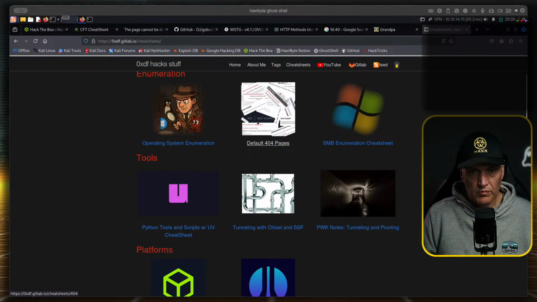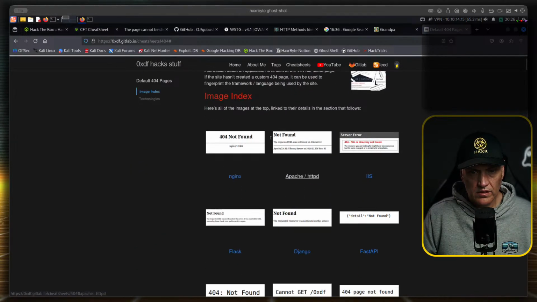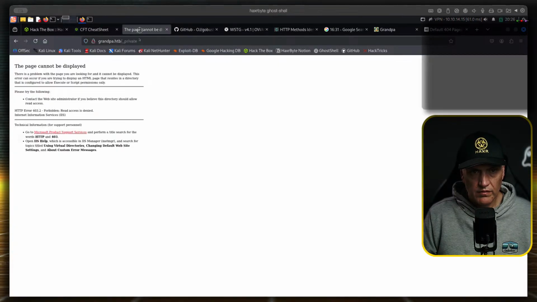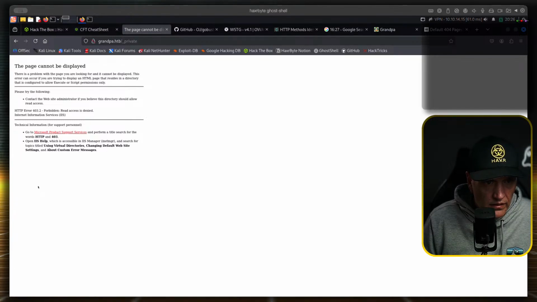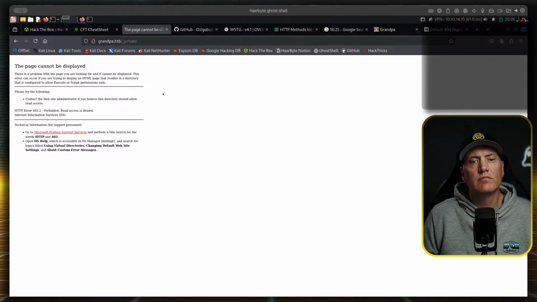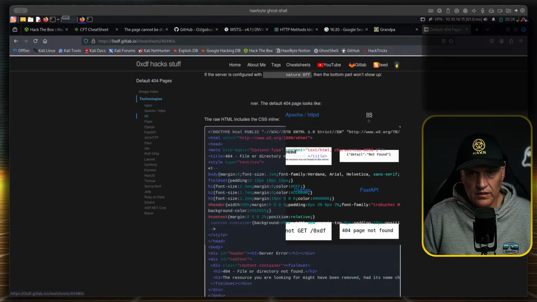Yes, enumeration. That four errors. What if that was the hint? Right. No, that's a 4.3 error. Just going to say this is IIS.